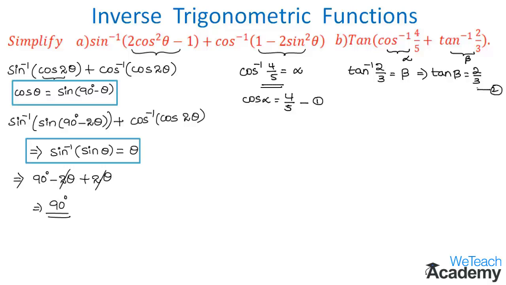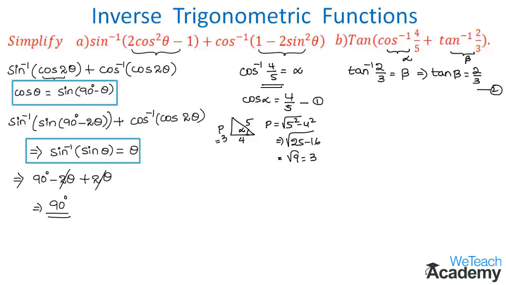And now let us convert equation 1 in terms of tan. So in order to convert, let us consider a right angle triangle. And here we have the angle alpha. So let us assume this is angle alpha. And according to the definition of cos alpha, the adjacent side is 4, whereas the hypotenuse side is 5. So let us consider the opposite side as P. And now in order to find the value of P, let us use the Pythagoras theorem. So according to that, we get P equal to under root 5 square minus 4 square, which would be equal to under root 25 minus 16. So that implies we get root 9, that is equal to 3. So we get the value of P as 3.